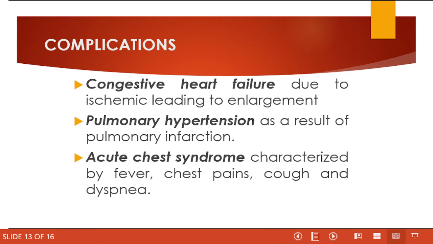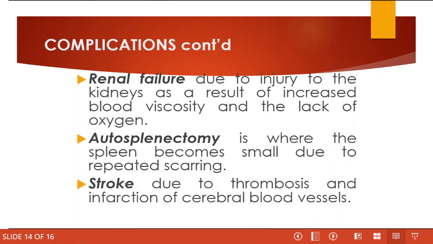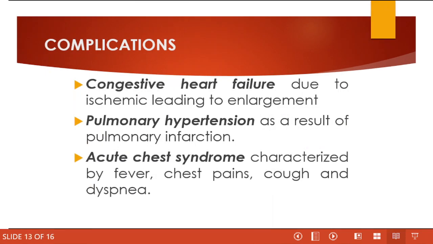So complications, we have congestive heart failure, pulmonary hypertension, acute chest syndrome, renal failure, autosplenectomy, and lastly, cerebral vascular accident, aka stroke. Let us start with congestive heart failure. Congestive heart failure can occur due to ischemic episodes leading to enlargement. All right? Pulmonary hypertension. This can come as a result of pulmonary